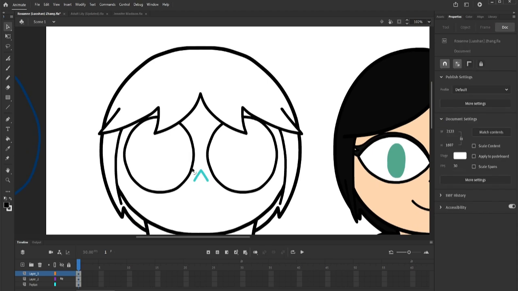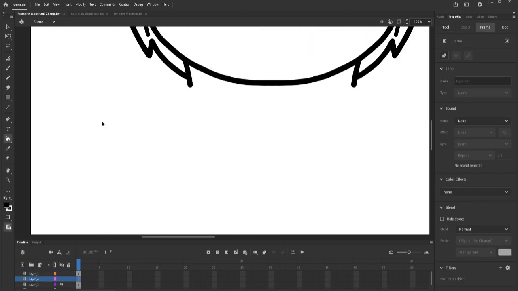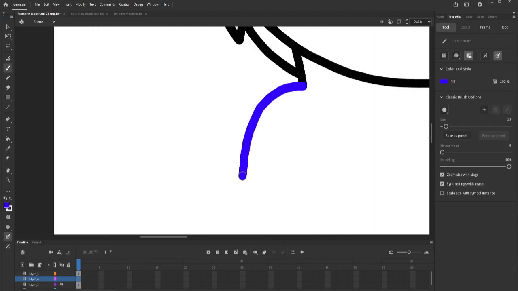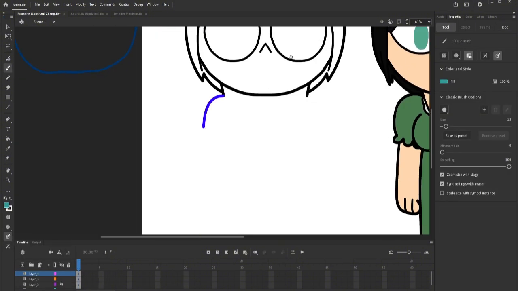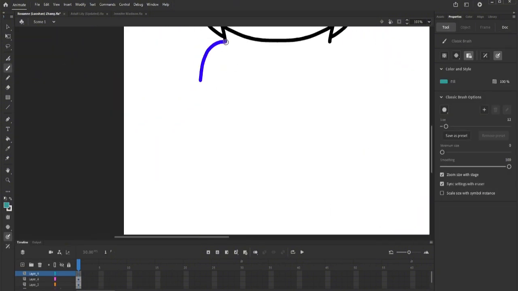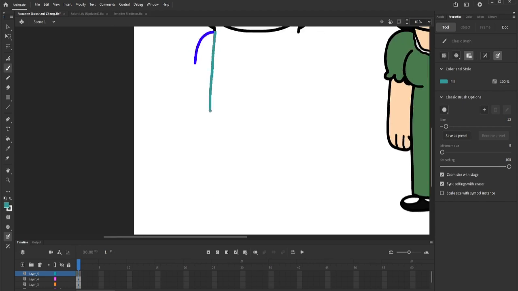Copy that line, flip it, and line it up with the bottom right side of the left eye. Adjust it a bit if you want, and then boom. You now have a neck, and now you can finish the rest of your hair. The neck I drew is, again, not very ideal to how I usually draw necks, but again, we'll make it